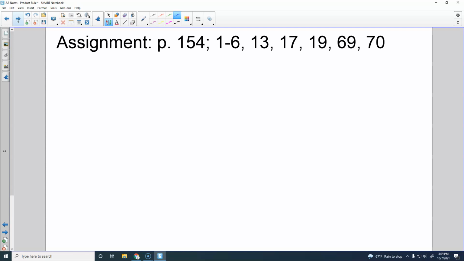We did not get to the tangent line ones, but 69 and 70 are tangent line ones. But it's the same thing as we've done for all tangent line ones. You just got to use the power rule to take your derivative. So find this point, find the slope, use the equation. So you should be able to do